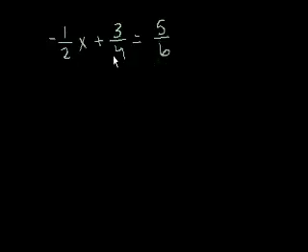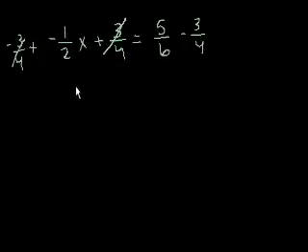First, we just want to get this 3/4 out of the left-hand side of the equation, and actually, if you want to try working this out yourself, you might want to pause the video and then play it once you're ready to see how I do it. But anyway, let me move forward, assuming you haven't paused it. If we want to get rid of this 3/4, all we do is we subtract 3/4 from both sides of this equation. Minus 3/4. Well, on the left-hand side, the 3/4s will just cancel, and we get minus 1/2 x equals,